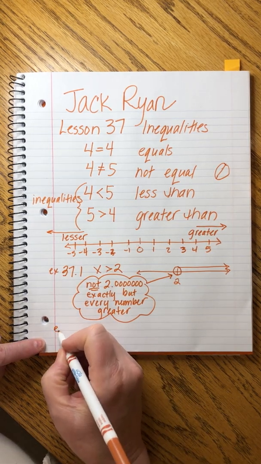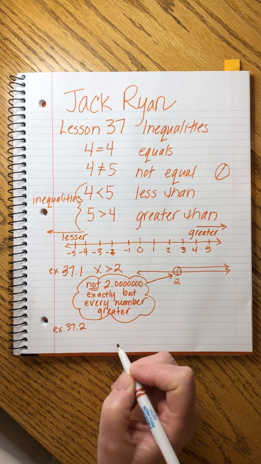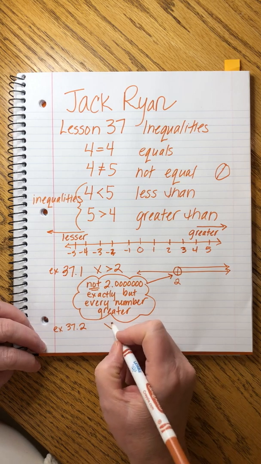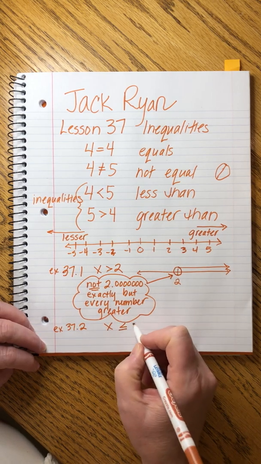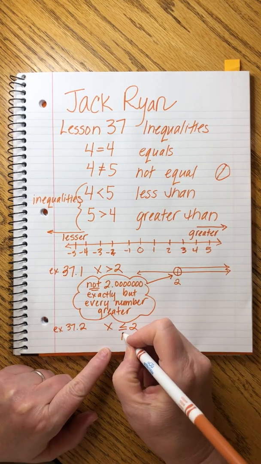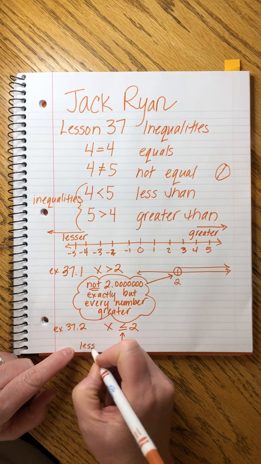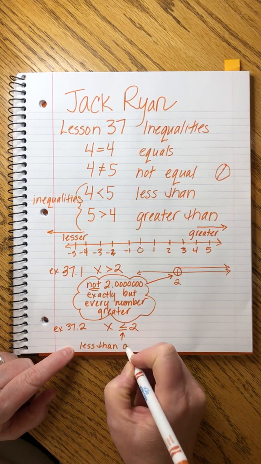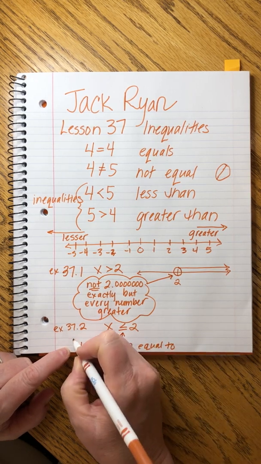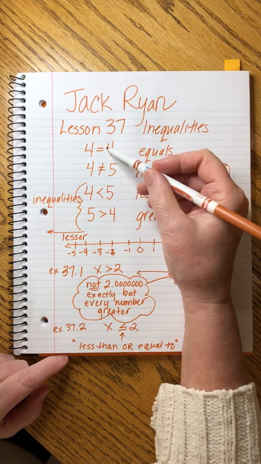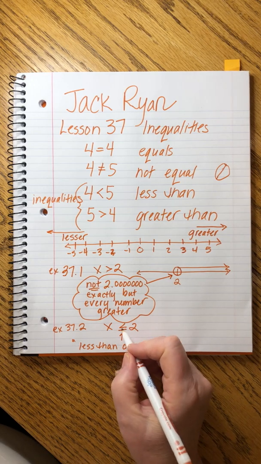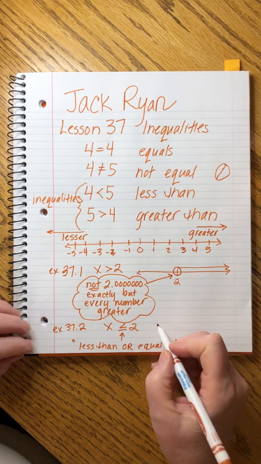Okay, let me squeeze another one in down here, 37.2. There are only a total of 3 in this lesson. Draw a number line and graph the solution of x. Okay, x is less than 2, but as you know, what this means is less than or equal to. It's 2 symbols, this one and this one, rolled into one, right? So we've got the inequality and then we've got that, and it makes it look like a little equal sign down there. So when we draw this graph,